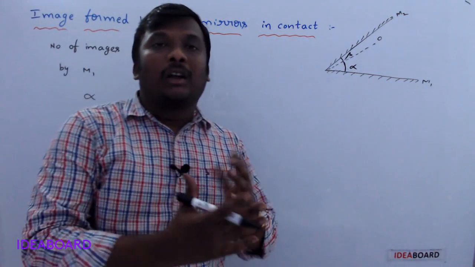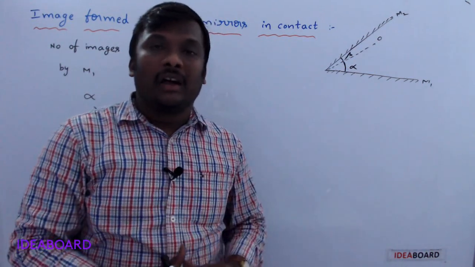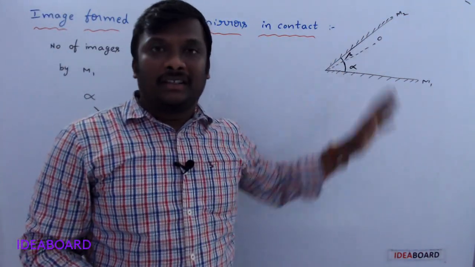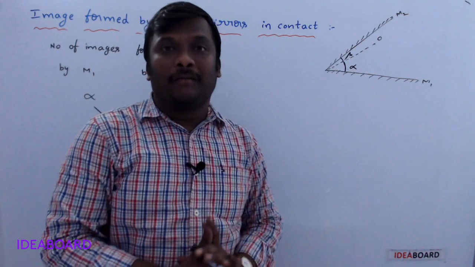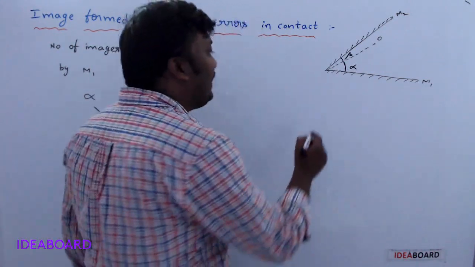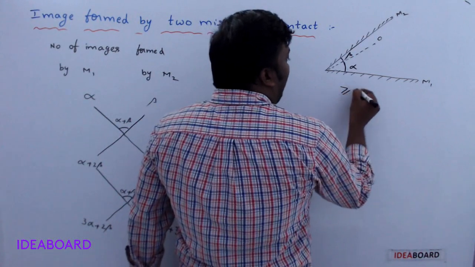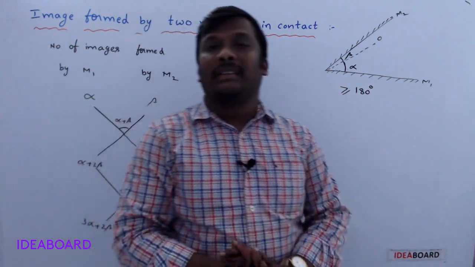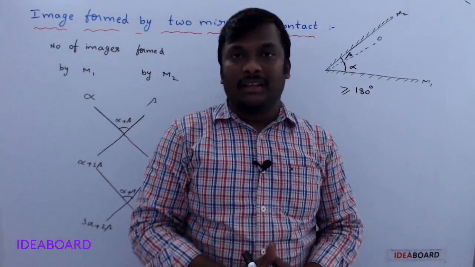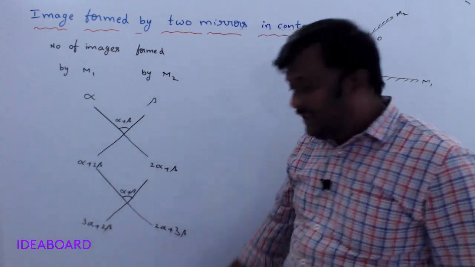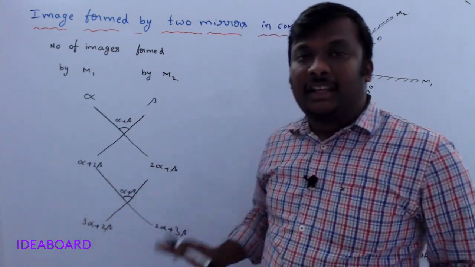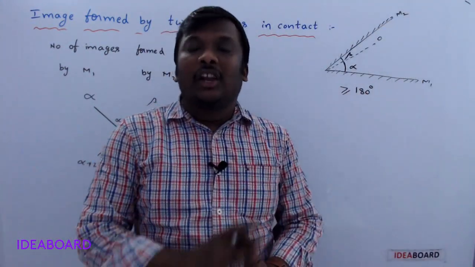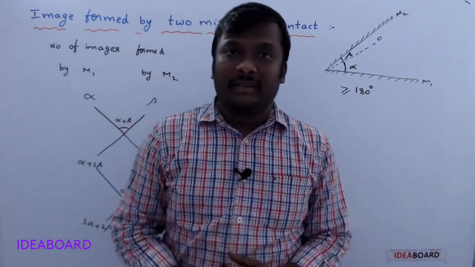Sir, until what point can we get these values? Always keep in mind, the mirrors make multiple reflections here. Whenever the mirrors make multiple reflections, if the angular separation reaches greater than or equal to 180 degrees, then no more images are formed. Are you understanding? So if the value increases on this side and this side, on either side, and you get an angle greater than or equal to 180 degrees, then no images are formed by those mirrors.